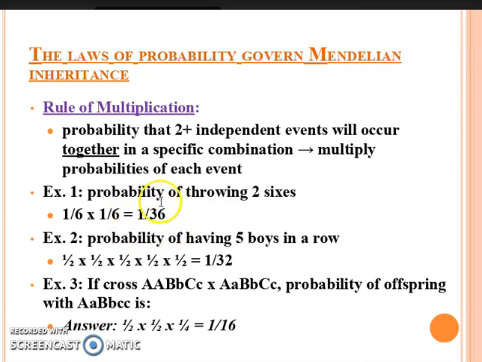two dice. Another example is the chance of having five boys in a row. Well, you have a half chance of getting a boy or a girl. So a half chance of a boy, then another half chance of a boy, then another boy, another boy, and another boy. The chances of having five boys in a row would be 1 out of 32, so 2 times 2 times 2 times 2 times 2, which gets you